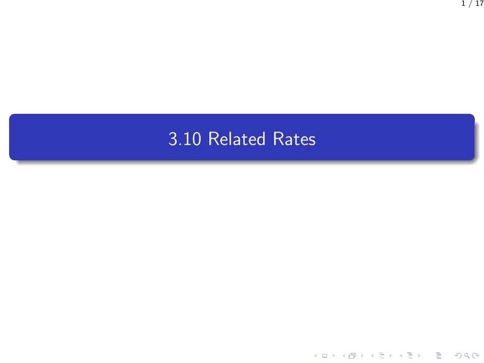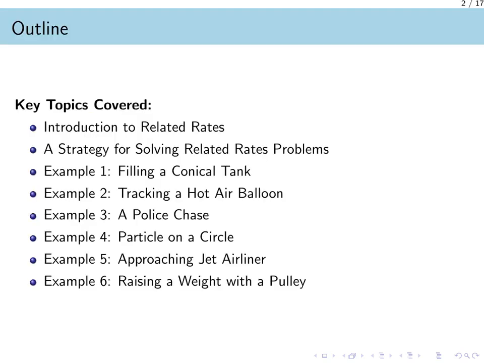3.10 Related rates. The outline of this video is as follows. We will begin with an introduction to related rates problems, where our goal is to find the rate of change of one quantity by relating it to other quantities whose rates of change we already know. This powerful application of the chain rule allows us to connect how different variables, like volume and radius, change with respect to time. After establishing the core method, we will work through a series of diverse examples to see this